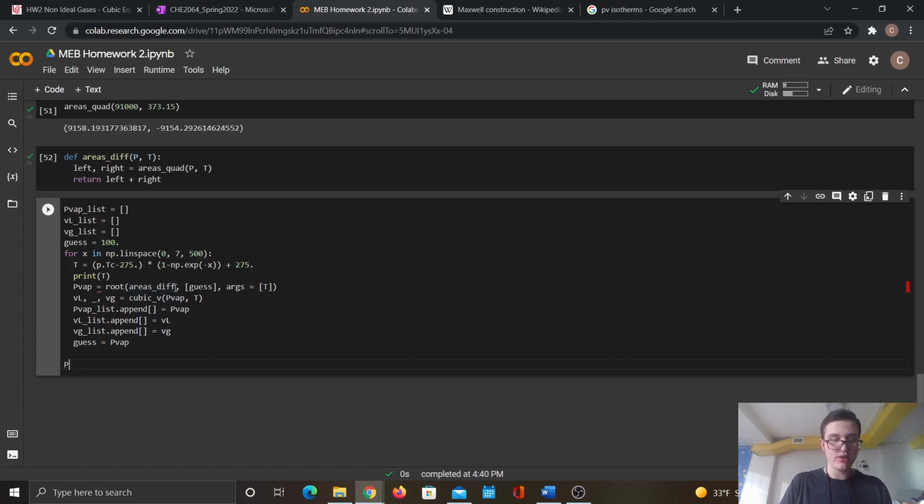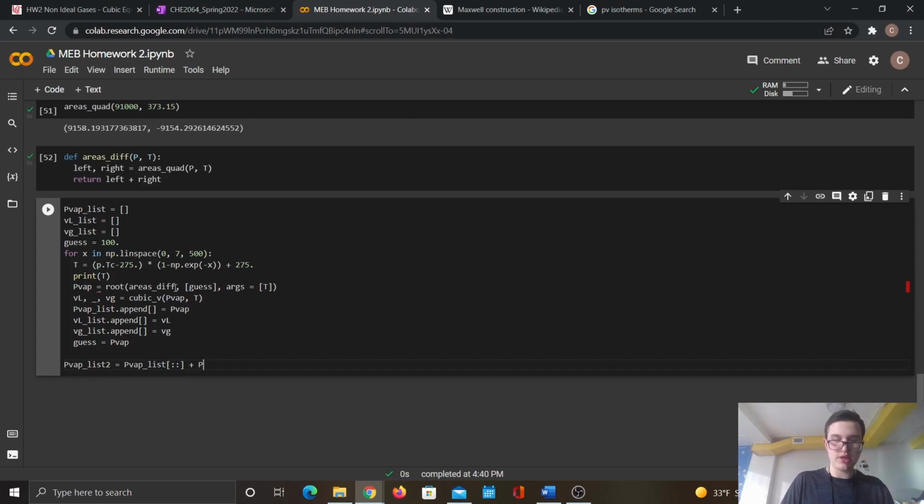So we need PVAP, call it PVAP list 2, is equal to, what is it going to be equal to? Well, we need the PVAP list coming forward as well as backwards. So PVAP list going from beginning to end